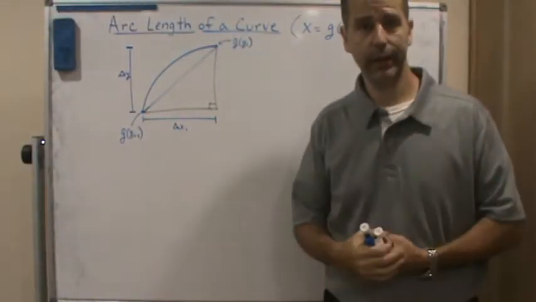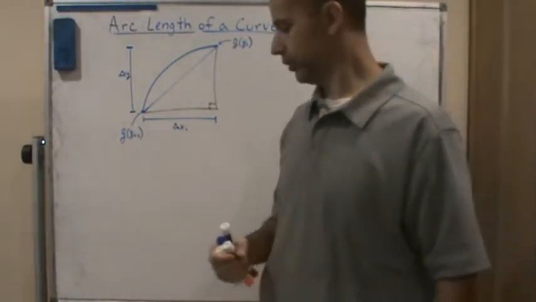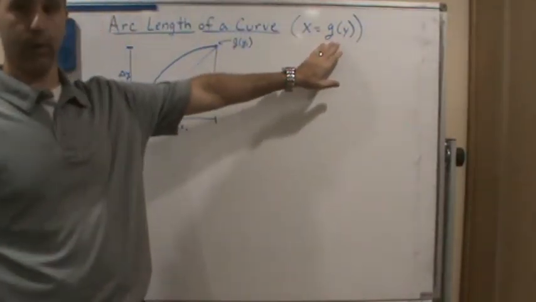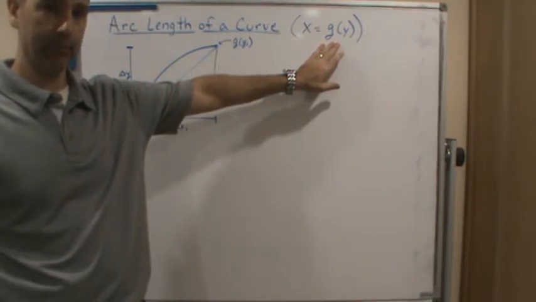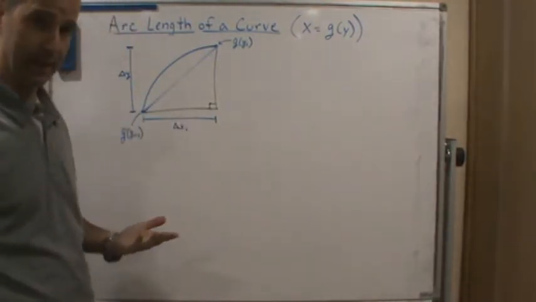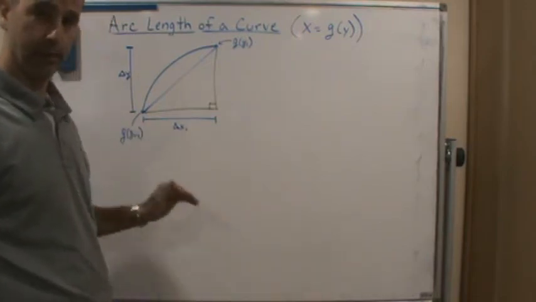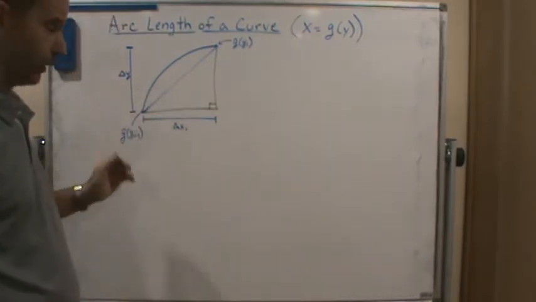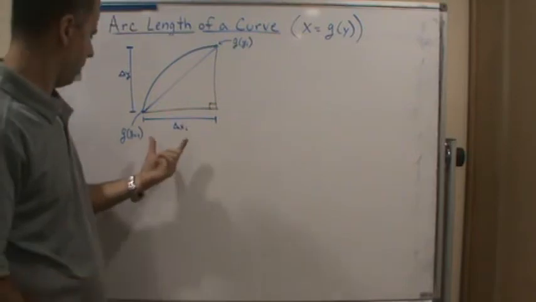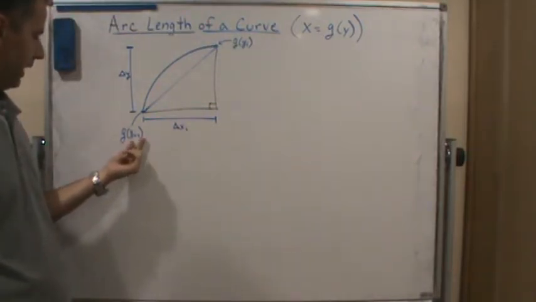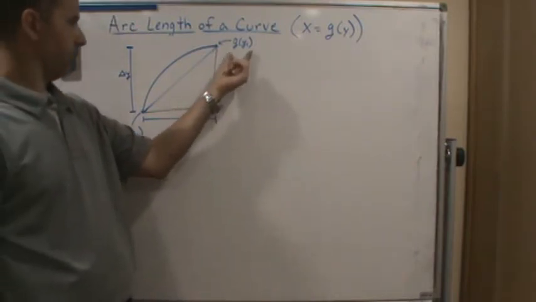Okay, so welcome, and in this video we're going to talk about arc length, but now we're going to talk about what if we have a function in terms of y. So we can derive the same thing, but this time instead of partitioning the x-axis, we're going to partition the y-axis. And so when we do that, we have our g of y sub i minus 1 to